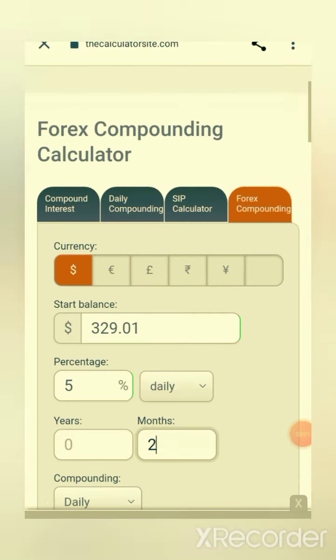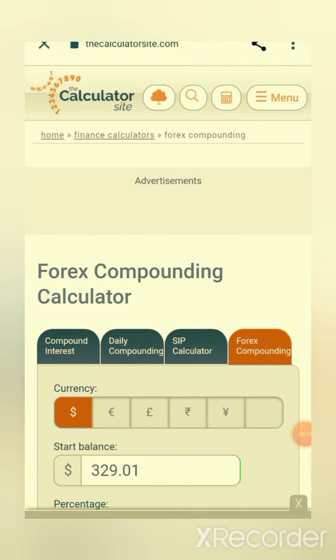Guys, so this is the compounding interest calculator, and in case you want to use this website, you just go to your browser and type